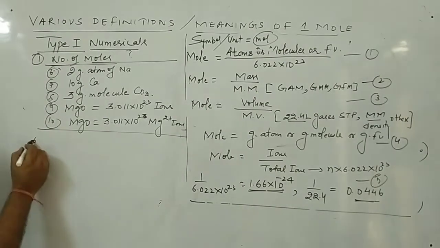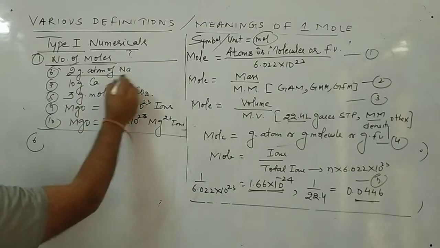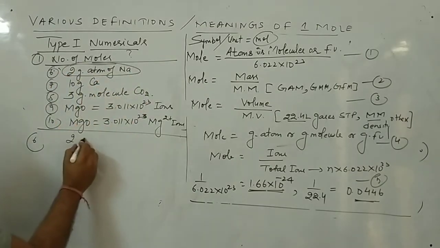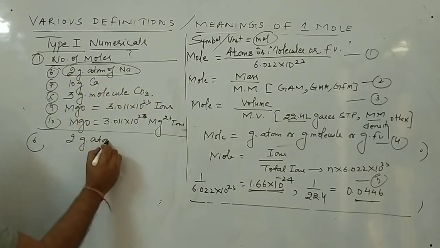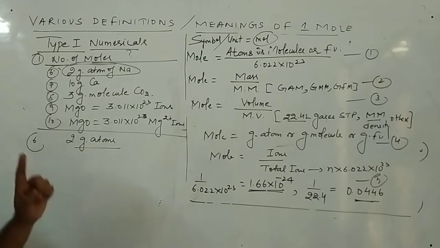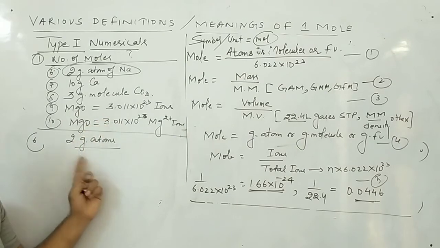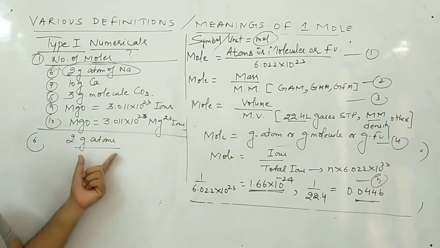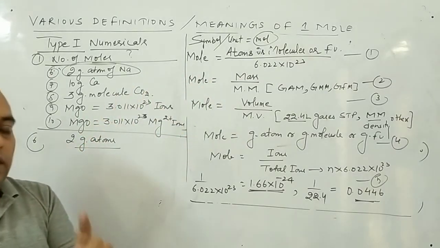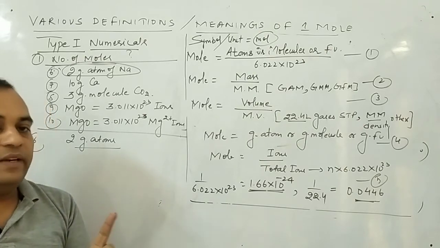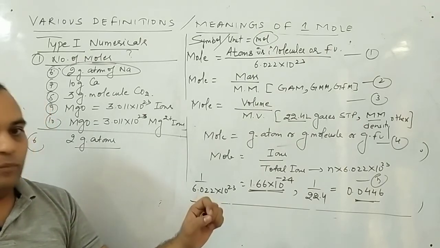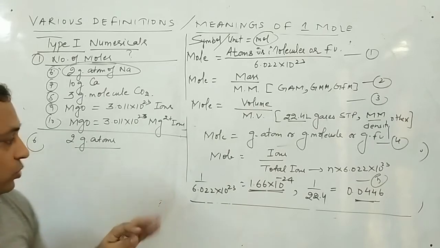Now again we will do the 5 more parts so the topic will be clear to you. I'll start with the 6th part now. What is given? 2 gram atoms. Never be confused. If only atom is written, it means you have to deal in atom. If only gram is written, you have to deal in mass. But remember, gram atom is the common term. In the previous lecture, I told you the definition of 1 gram atom, 1 gram molecule. So never be confused with these.